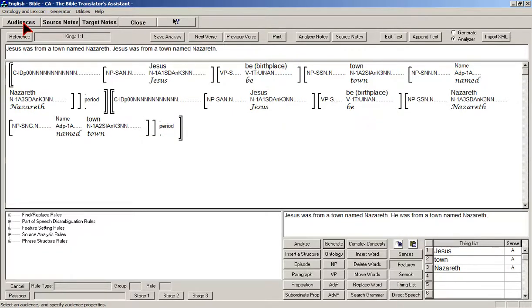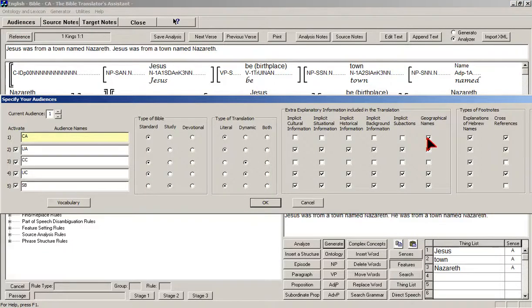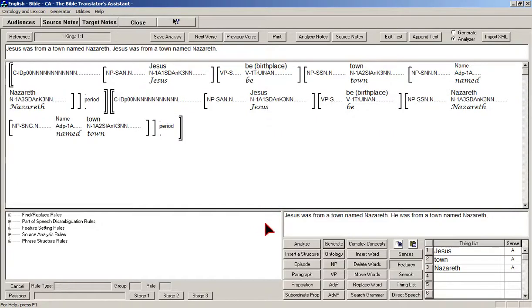Now let's switch the audience and turn off the geographical names. So here, this section of options here for language 1, churched adults, extra explanatory information included in the translation. Right now, geographical names is selected. Now I'm going to unselect it. So now I'm not going to include that geographical information, and I'm going to generate again. Okay, now it says Jesus was from a town named Nazareth. He was